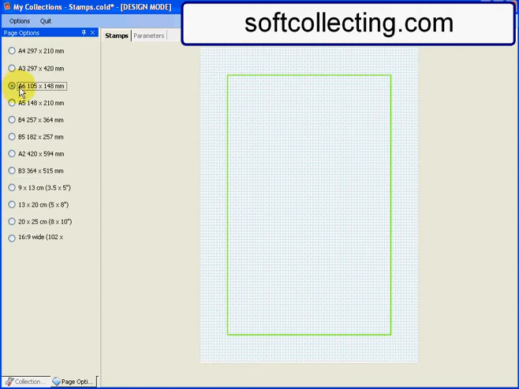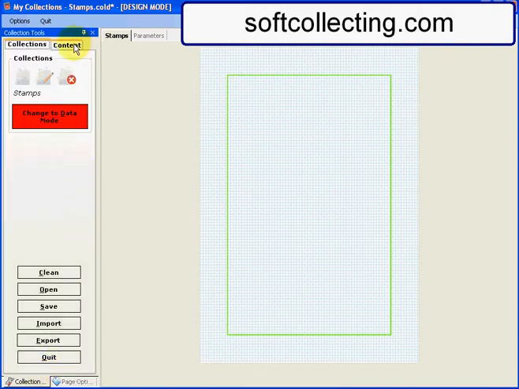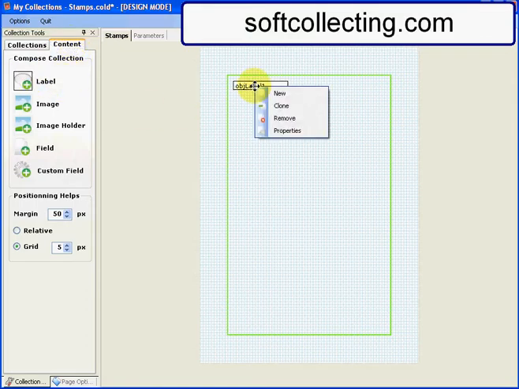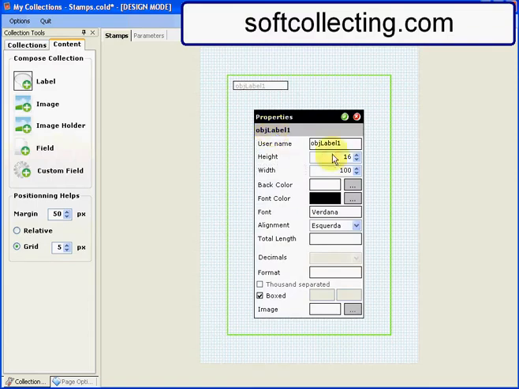At this point, you can change Pages option to have a different layout size for your collection. For this tutorial, we only need a small one, because we will only add 2 fields. This is a stamps collection, so let's add some fields on it. We need a label. We can change its property, change the name. Let's say we want to add a country to store this information. Remove the box around the label,